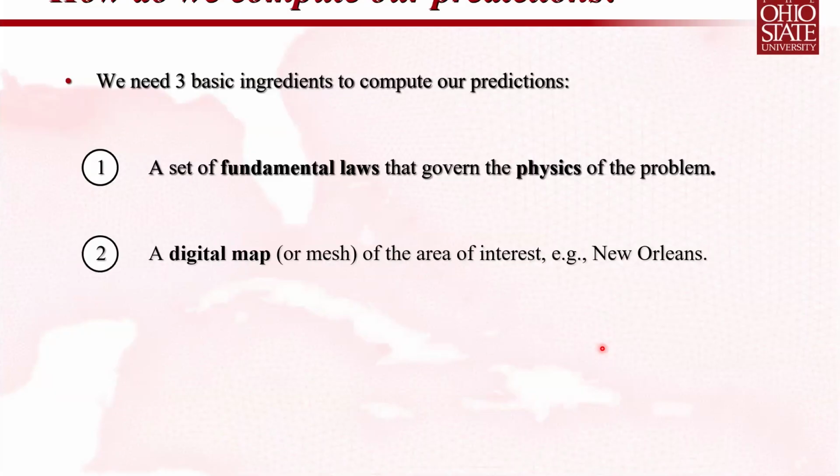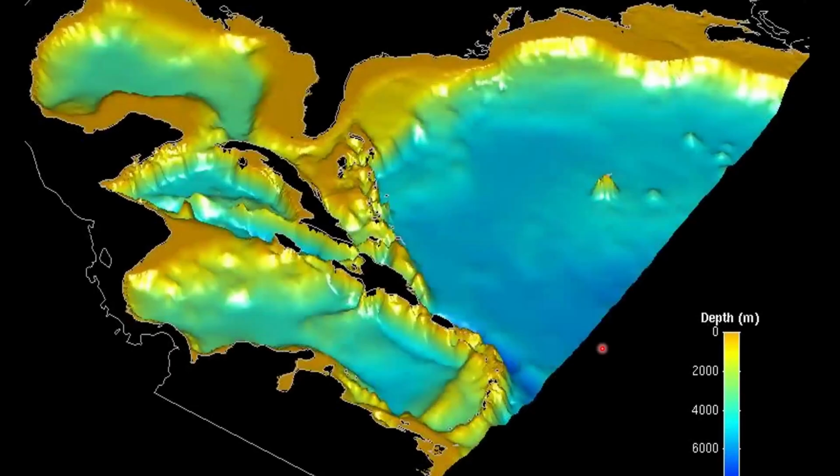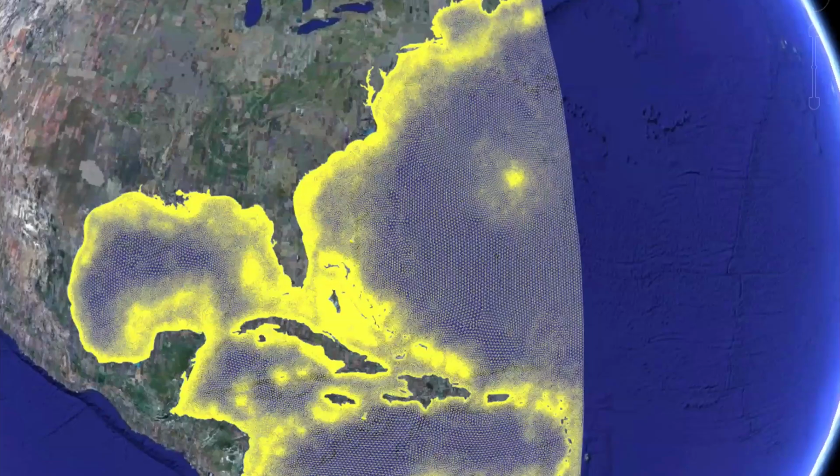So for example, in the case of Katrina, we're looking at New Orleans. And I'm showing here an example of a typical problem domain mesh that we would use. At first, this is maybe a little difficult to see, but if you look in the black space here, for example, you can see the state of Florida. So I'm showing here the bathymetry of the Gulf of Mexico and the North Atlantic. And in order to simulate our hurricanes, we include this entire region, and we use finite element methods, if anyone's familiar with those, which requires the use of a mesh in order to represent the problem domain.